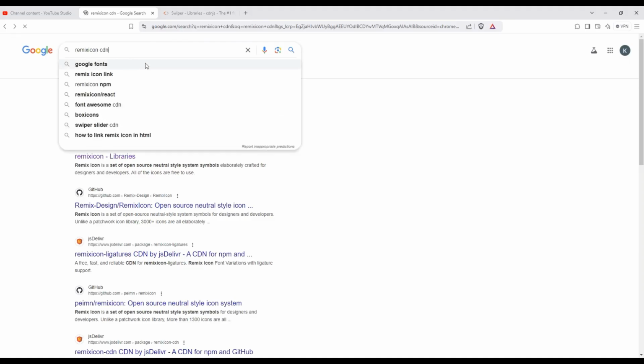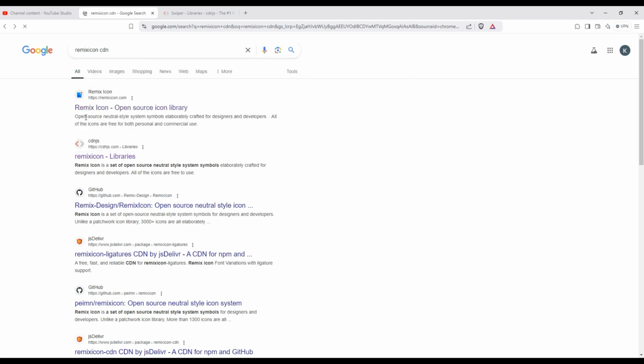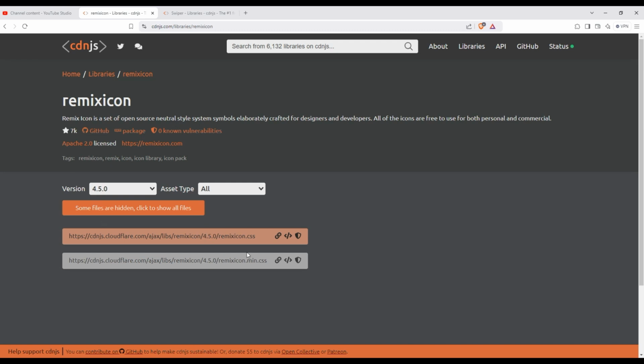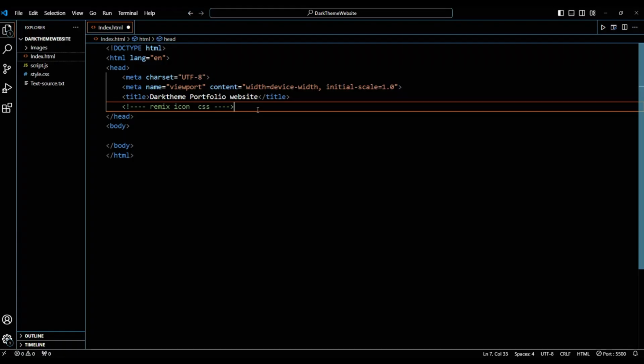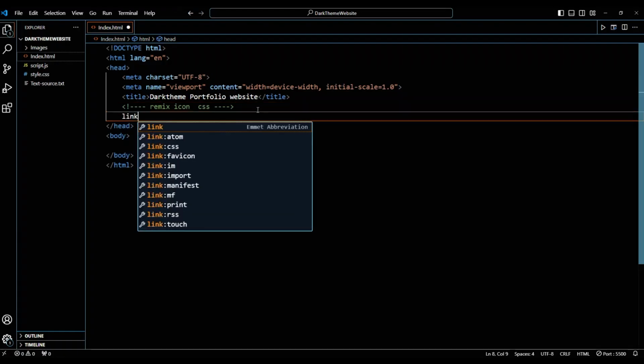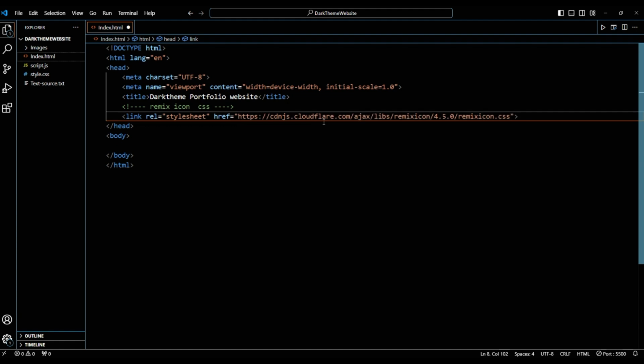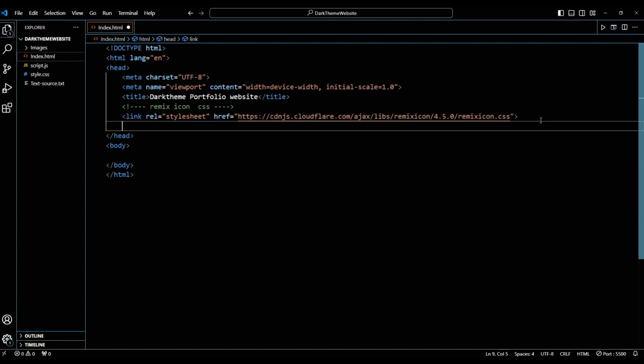I just find it with this icons again, and from the available resources I click on this again. And I have to just copy this library. I copy the URL and we have to paste it here. So this is for the Remix icon that we are going to use in the web page, and then for the swiper